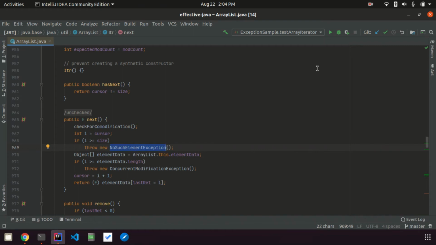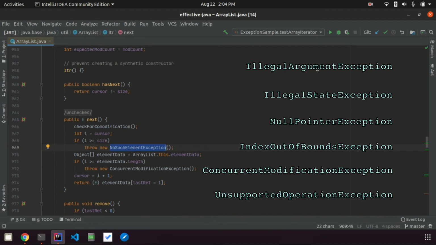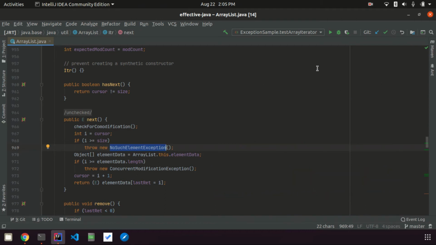We know there are various unchecked exceptions provided out of the box by the JDK. Some of them are IllegalArgumentException, IllegalStateException, NullPointerException, IndexOutOfBoundsException, ConcurrentModificationException, and UnsupportedOperationException. Let's see them one by one.